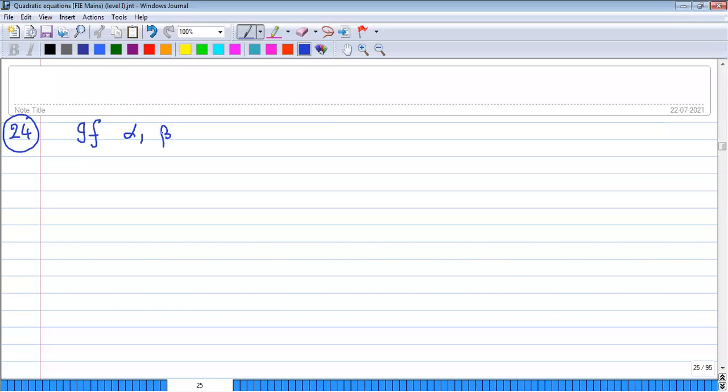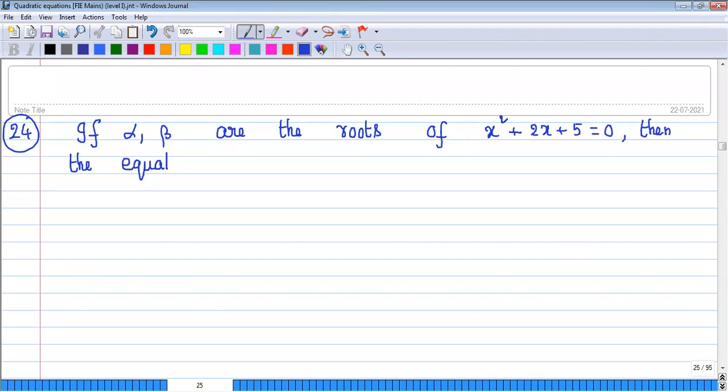If alpha, beta are the roots of x square plus 2x plus 5 equals to 0, then the equation whose roots are alpha plus 1 upon alpha, beta plus 1 upon beta is